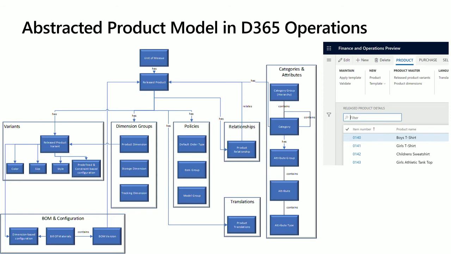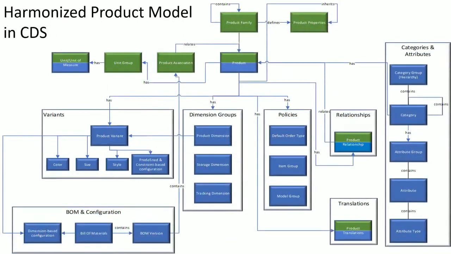So essentially with the FNO product data model, you can sell anything from a scrap to a finished good, irrespective of the nature of the product, whether it's physical goods, a digital device, a virtual product, or consignment stock, right? This is what the abstracted data model looks like, and that is the reason it has been so complex. Now what we are doing in terms of harmonizing the concept is,